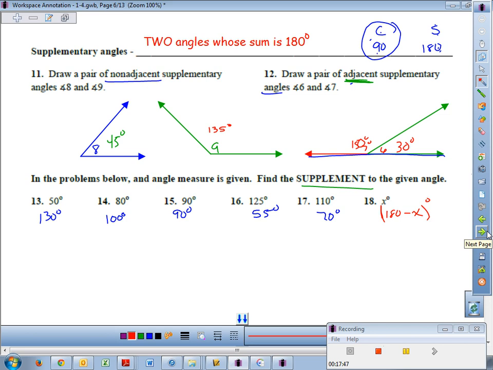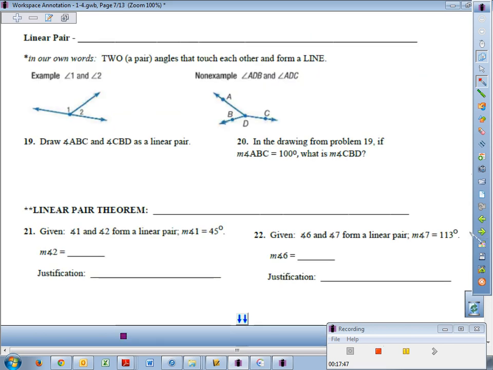So far, we've talked about adjacent angles, complementary angles, and supplementary angles. How are we feeling about those? Good. Now let's search your brain. A linear pair. It's in the name. Do you know what pair means? 2. Do you know what linear means? Forms a line, right? Boom. A pair of adjacent angles